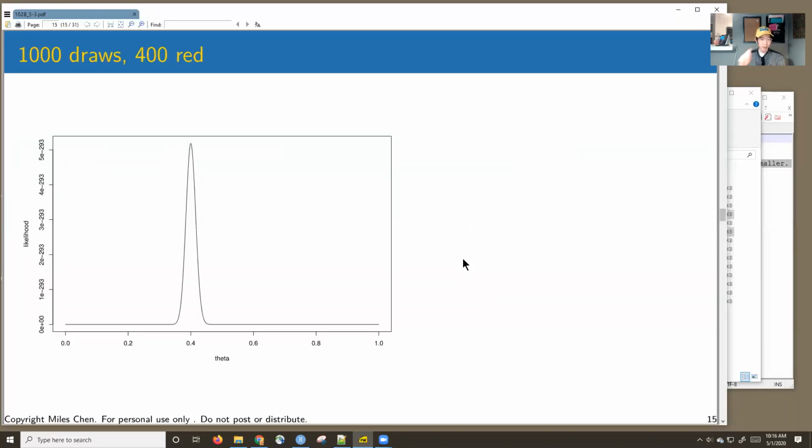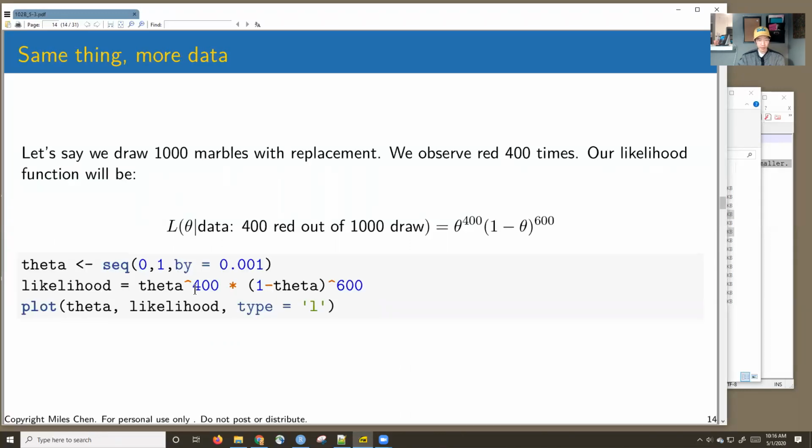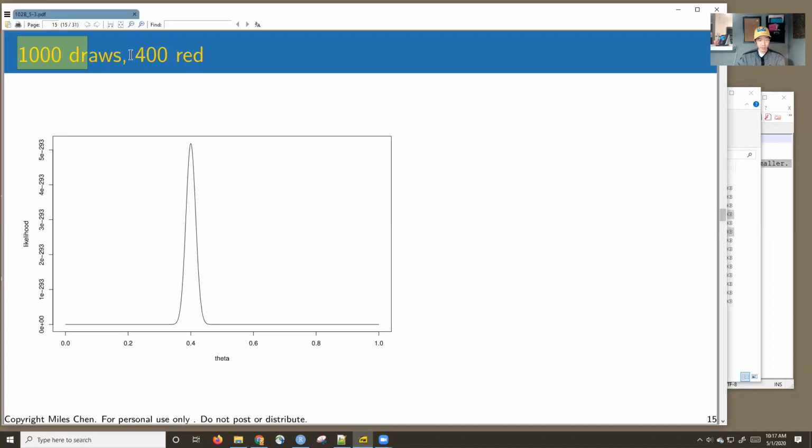And so this is what the likelihood function looks like for 0.4 red. I've got theta raised to the 400 and 1 minus theta raised to the 600. And that's our likelihood. This is 1,000 draws, 400 red. This is what our likelihood function is. And basically, if out of 1,000 draws, 400 of them are red, then the likelihood that the proportion